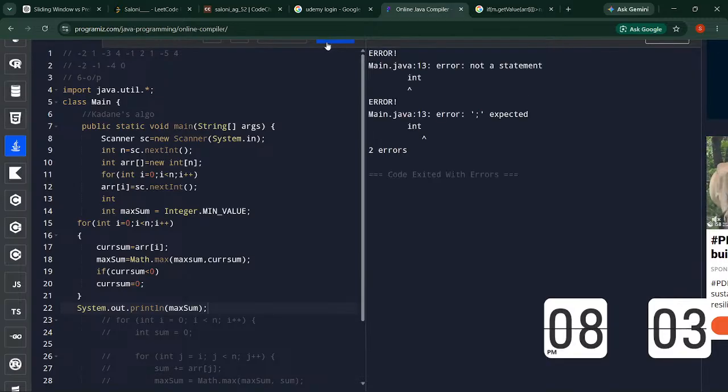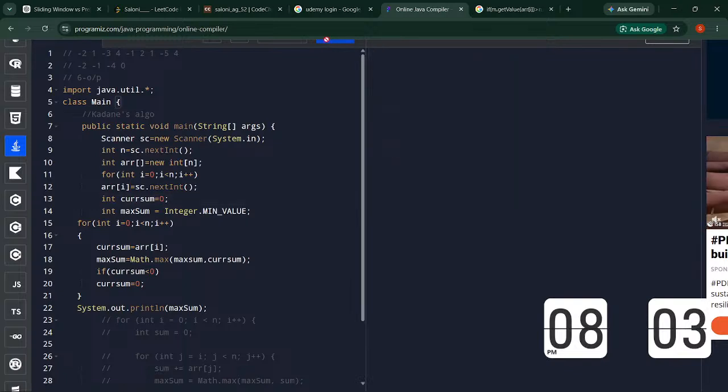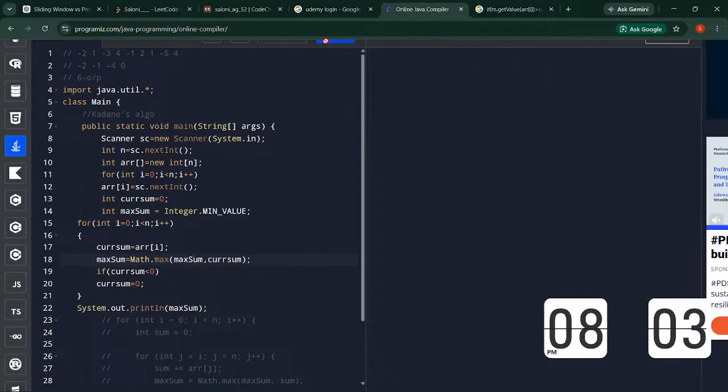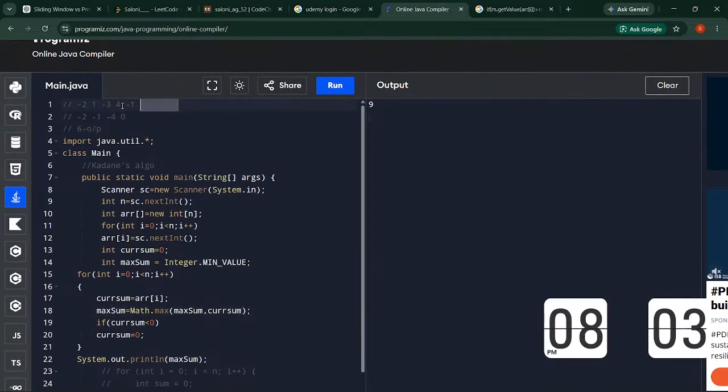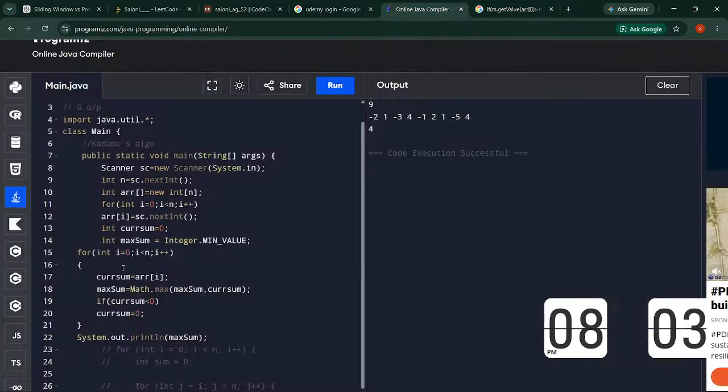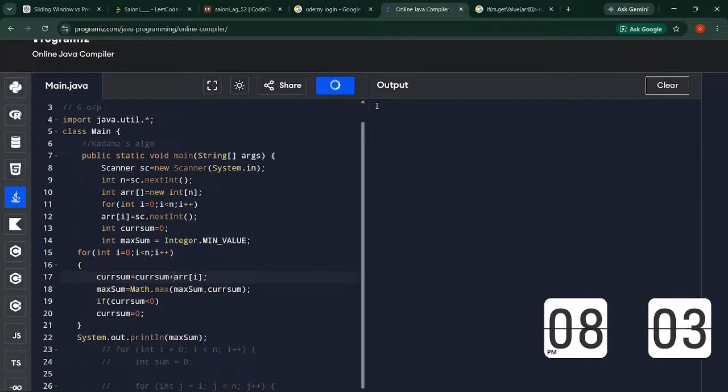मुझे ऐसा लॉजिक याद आ रहा है, मुझे याद नहीं क्या। नॉट अ स्टेटमेंट क्या है? हम करेंट सम को मुझे इनिशियलाइज करना था, ठीक है। कैन नॉट फाइंड सिंबल मैक्सिमम, ओके भाई, कैपिटल है। ओके, इट मीन्स चल गया है, कुछ नहीं आ रहा है। let's just copy this input, we should get 6. 4 आया है, कुछ तो गड़बड़ है। क्या गड़बड़ है मुझे भी नहीं पता। करंट सम में ऐड करना है मेरे ख्याल से, हमें करंट सम में आई को ऐड करना है, मुझे ऐसा क्यों लग रहा है, पता नहीं।